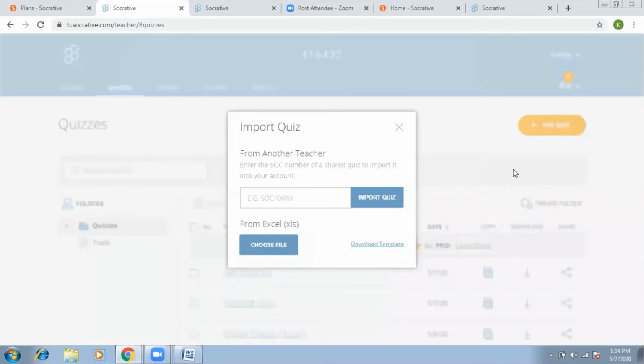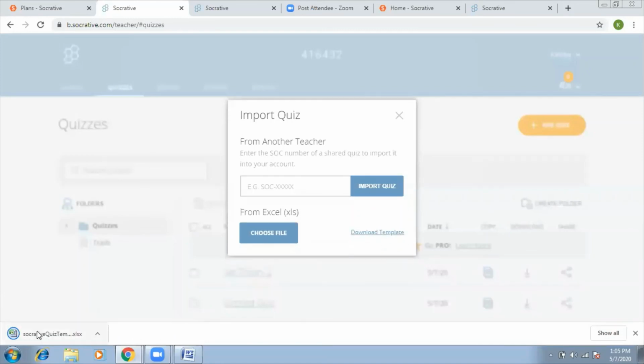Now in importing, you have two things. From another teacher: suppose another teacher has already prepared the quiz in Socrative itself, then by giving that SOC number which I have already mentioned, you can type that here and import the quiz from them. Or if you have the quiz prepared already in an Excel file, then you can upload it from here. But for that you need to have the fixed template that they have. You cannot have your own template. Your quiz has to be in this format.